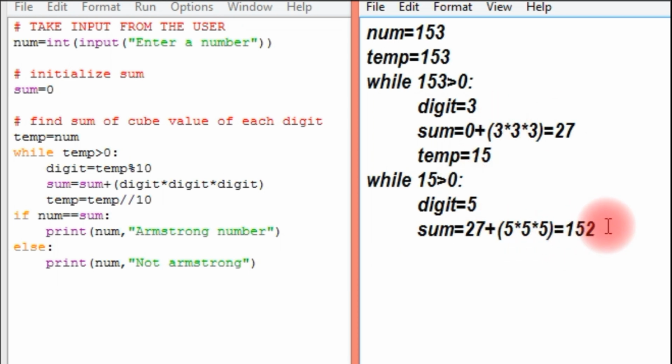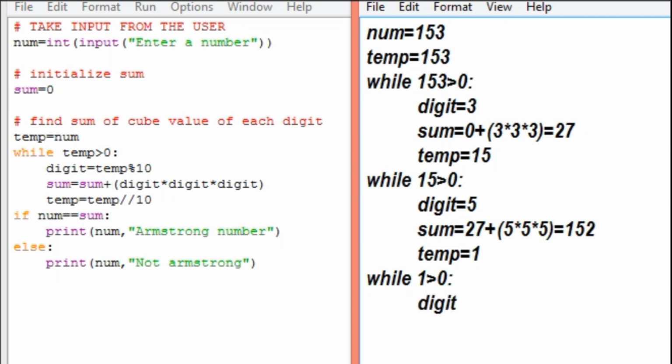Next iteration, now truncated division is performed on the variable temp. So 15 is converted into 1. Now in the next iteration, while 1 is greater than 0, condition true, it enters the body of the while.